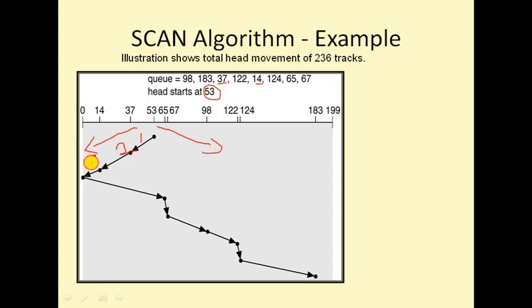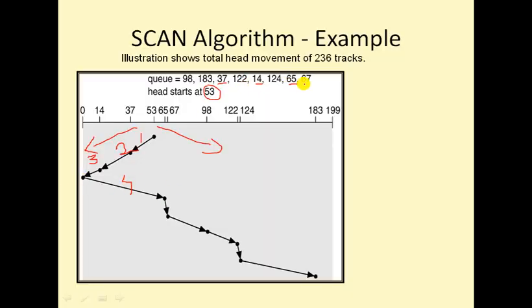This is the speciality of the SCAN algorithm. Starting from 53 up to 14 there are track numbers, and even though there is no track number beyond that, the head keeps moving towards the end of this side. From 0 it takes the reverse direction and moves towards the opposite end. From 0, what are the next available tracks in the queue? 14 is already visited, 37 visited, 53 visited. So 65 is the track available. This is my fourth move, from 0 to 65.